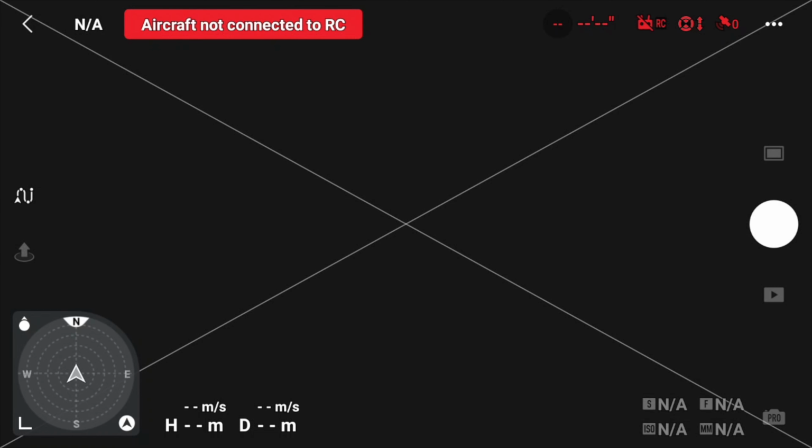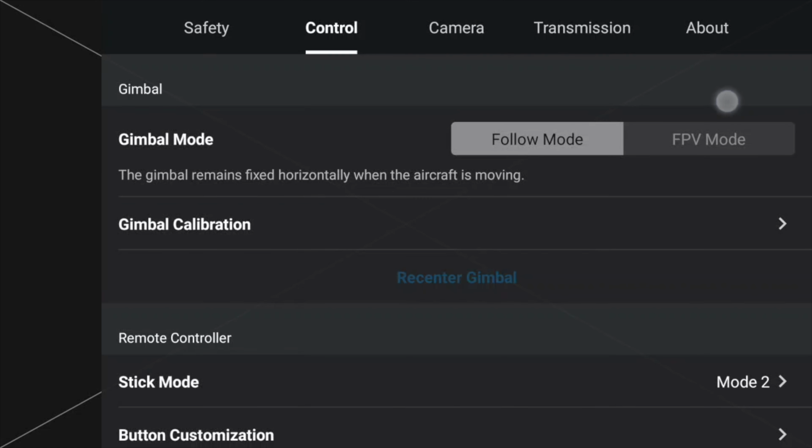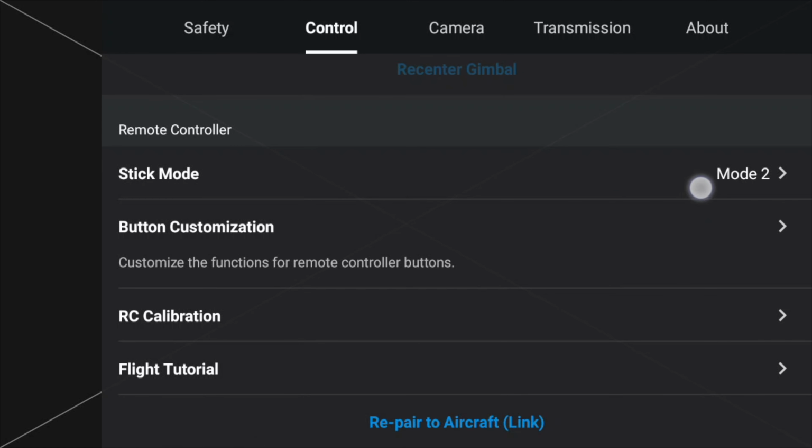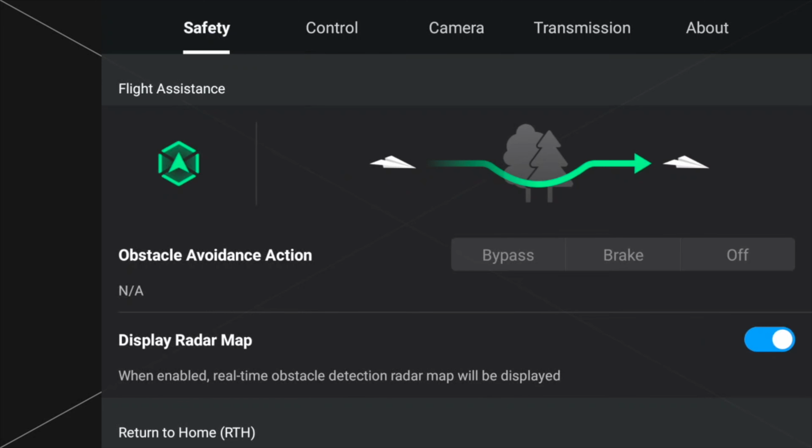We'll look at the stick mode. That's on mode 2. Come out of there, click into safety. I'm going to display radar map. I'm going to turn that off, turn it back on again. And I'm going to come out, back to the main screen,